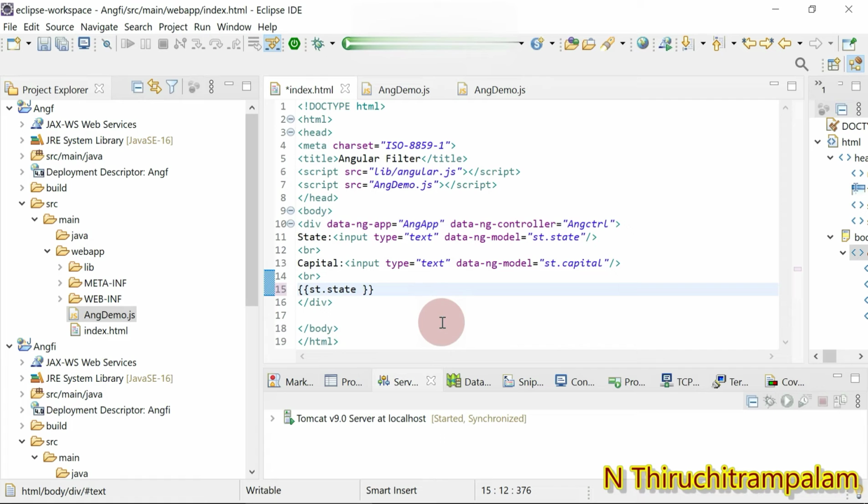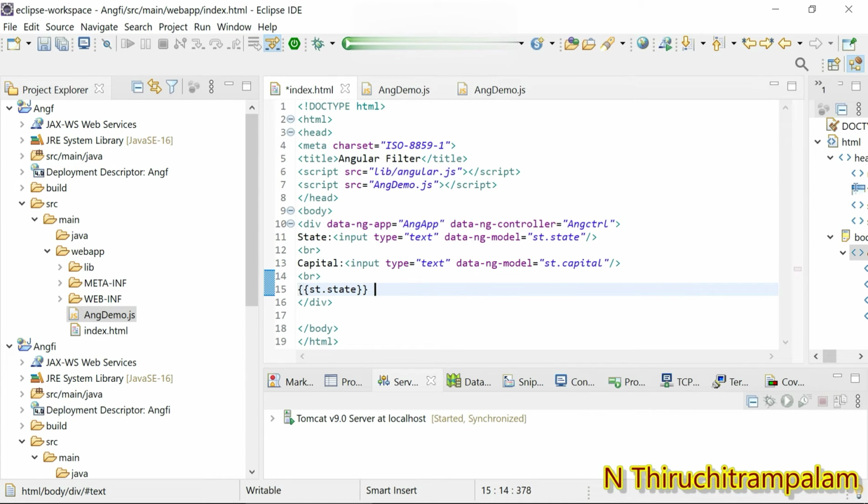For that I need to use the plus, and the st, and single quotes, just to give a space.